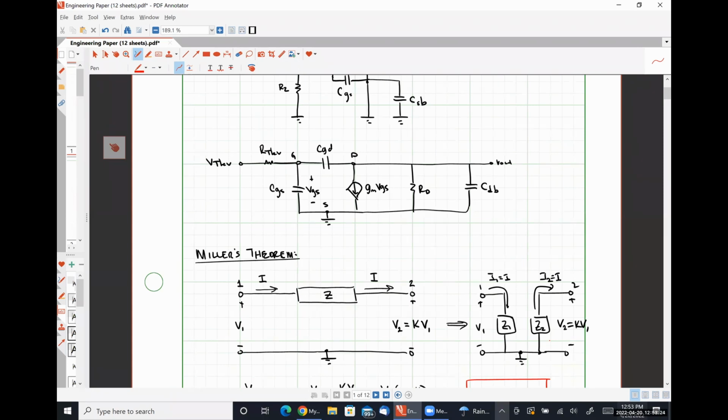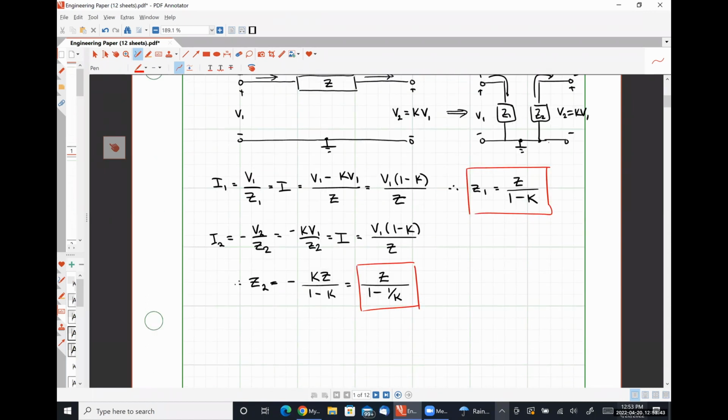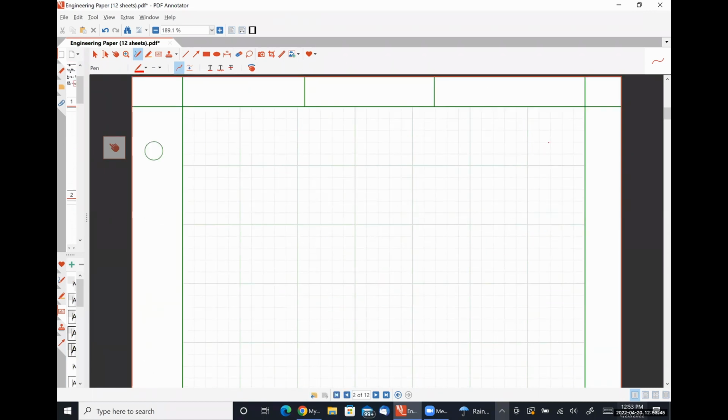So negative GM RD is K here. Okay, so that's our relationship between G and D. So from that,